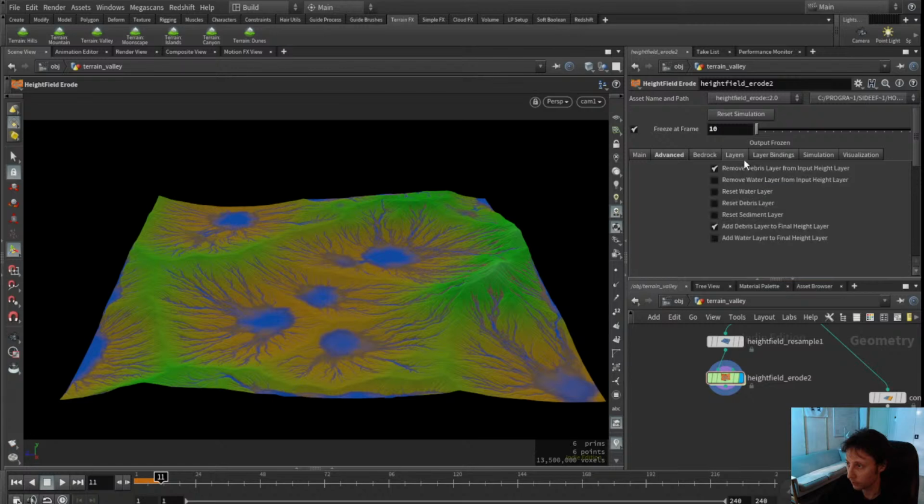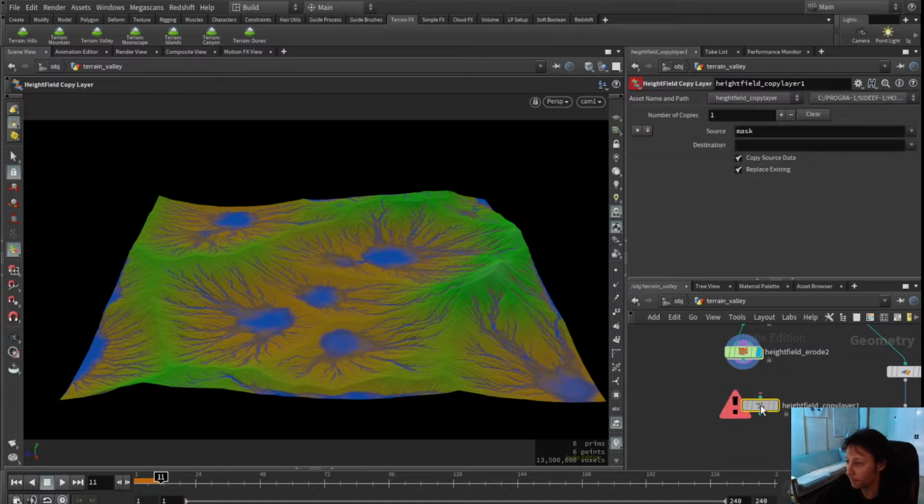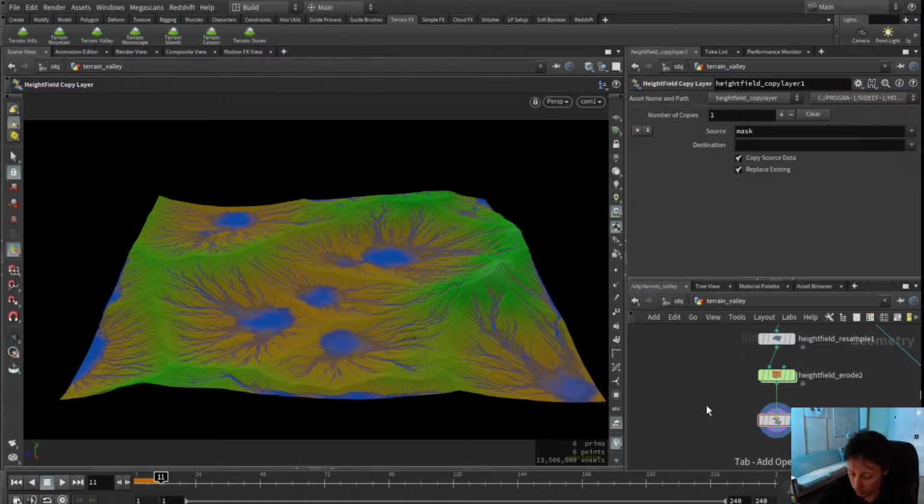advanced, layers. Here we go. Add debris layer to final height layer. We're going to remove that because we're going to use the debris and have the debris become sand. So we're going to do copy layer. And what we're going to do with this now is, here, let me show you